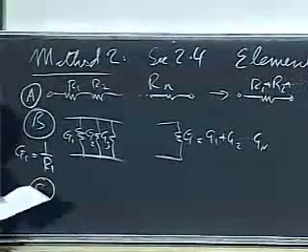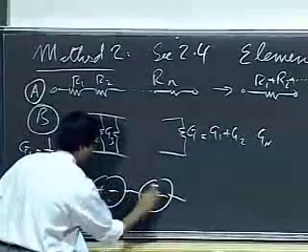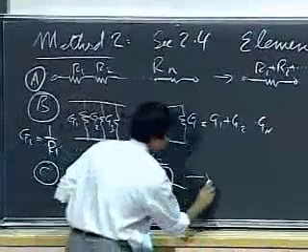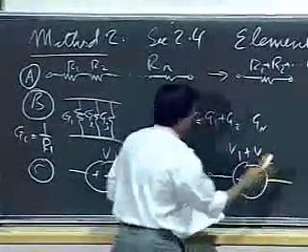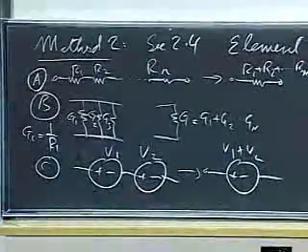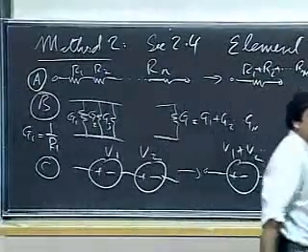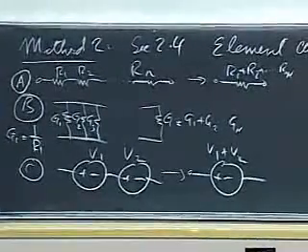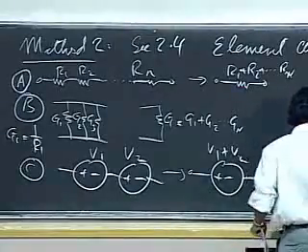Similarly, for voltage sources, if I have voltage sources in series, then they are tantamount to the sum of the voltages. And similarly, for currents, if I have currents in parallel, then they can be viewed as a single current source whose current is the sum of the individual parallel currents. So let's do a quick example.